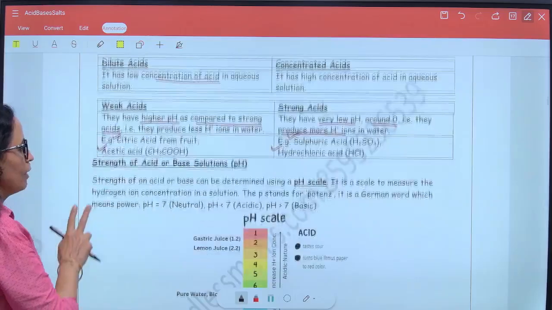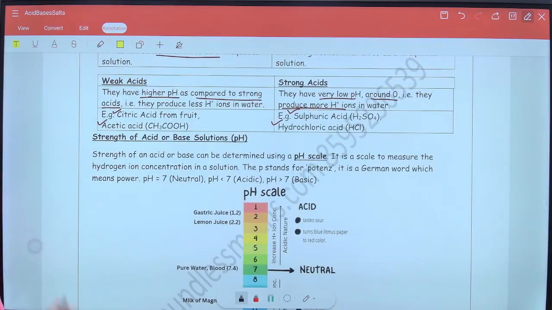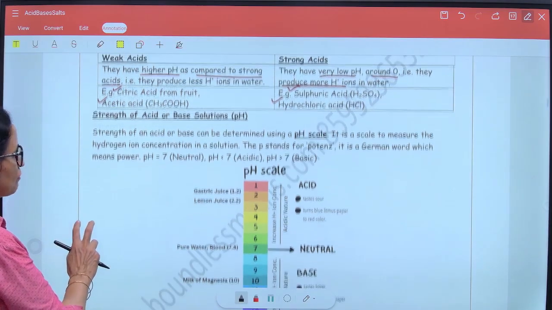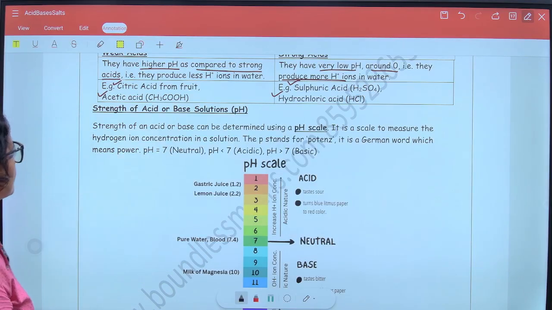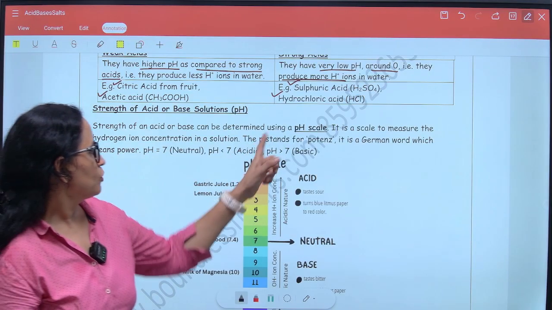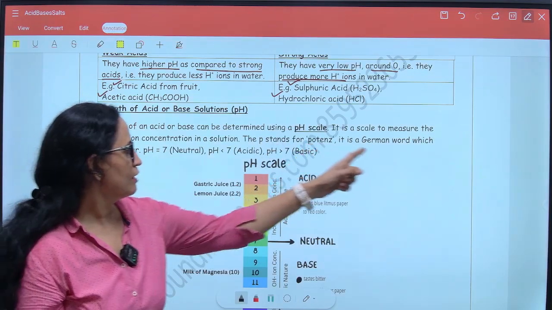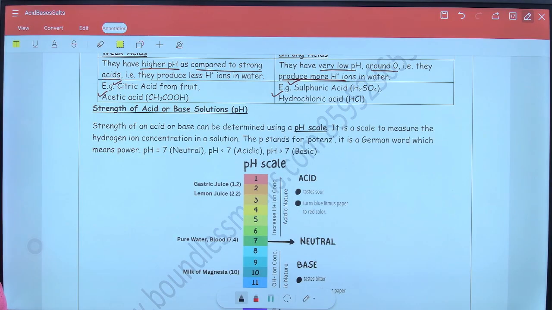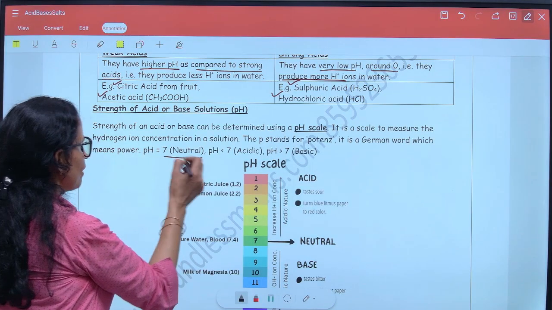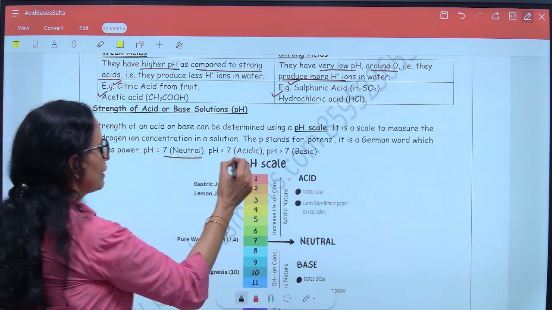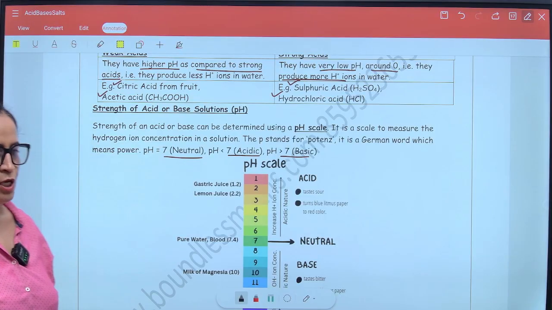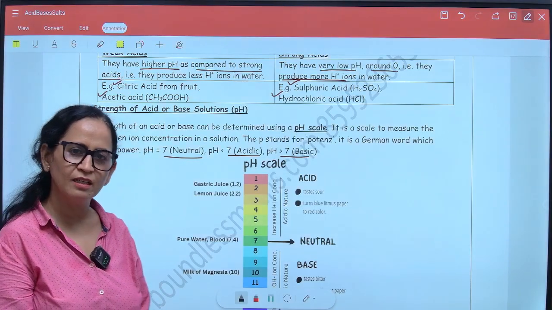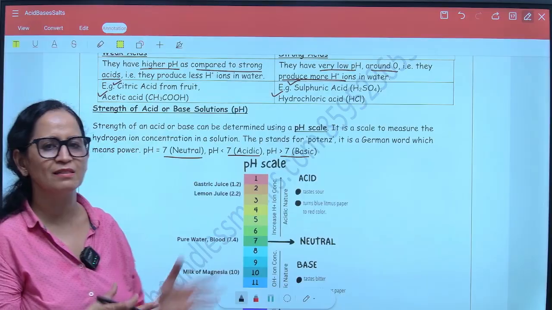Now how do you find the strength of an acid or a basic solution? For this we have a pH scale. This scale is used to measure the concentration of ions in a solution. pH, P stands for potence. It is a German word which means power. A pH of 7 means it is neutral. Acidic means less than 7 and basic is more than 7. So if any substance is acidic, it will have a pH less than 7 and basic substances will have a